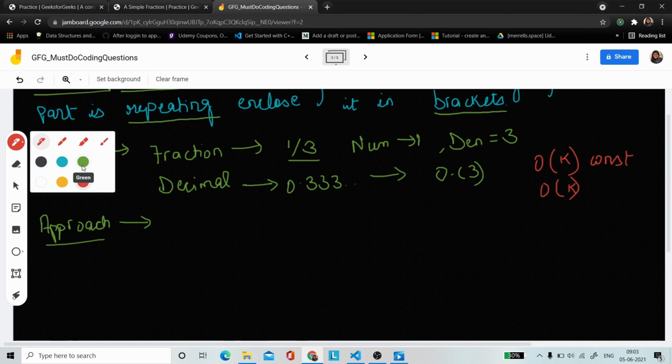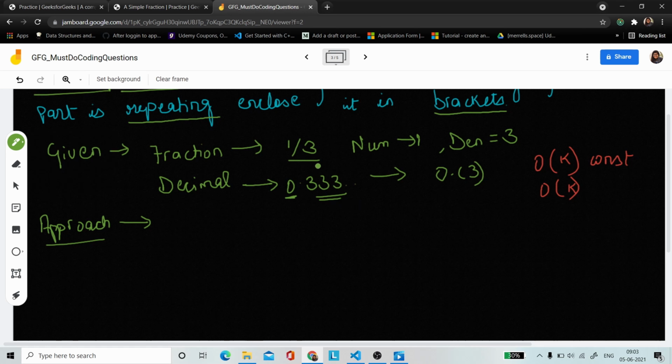Then what we have to do basically: our first target should be to find the integral part, then to find the fractional part, and then in this fractional part we have to find what the repeating part is. So according to me, our first step should be to find the integral part.